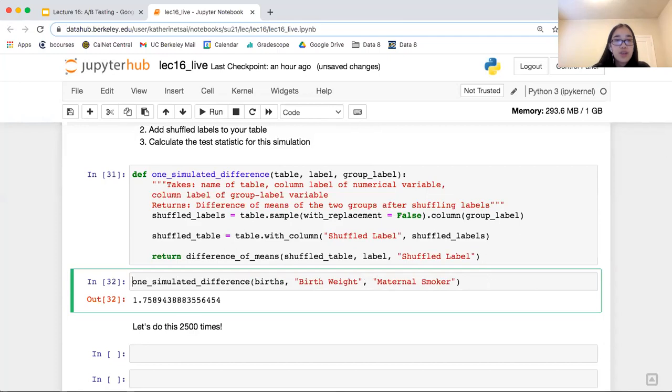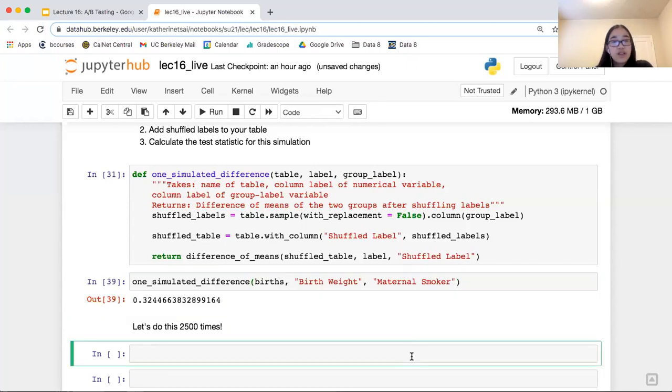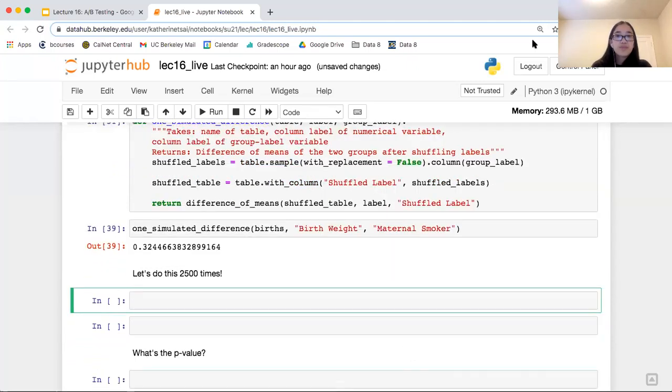And now we have one simulated difference. And now we can run this many times. You can see we're getting a lot of values that are like -1, 1, etc. So it seems like -9 isn't really showing up, but let's just do this many times just to see.